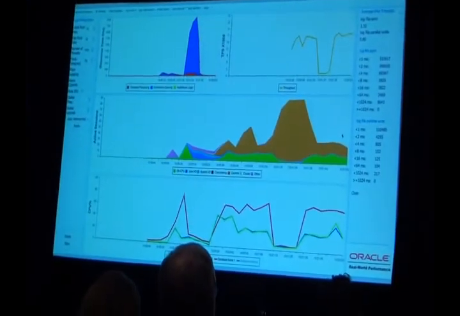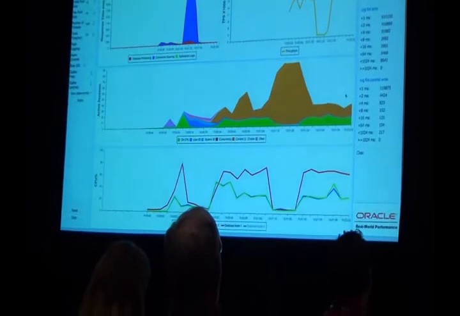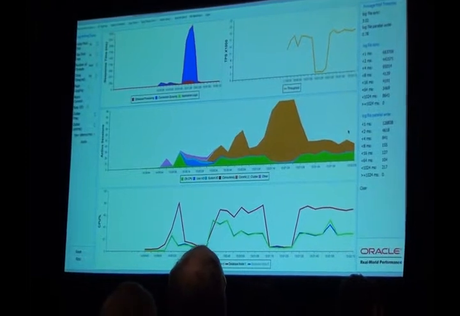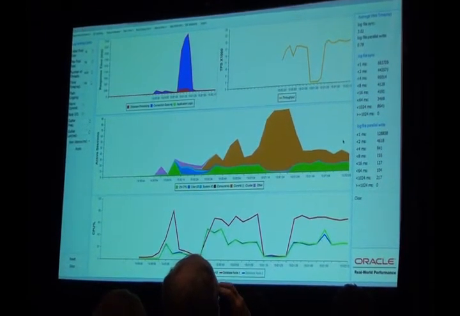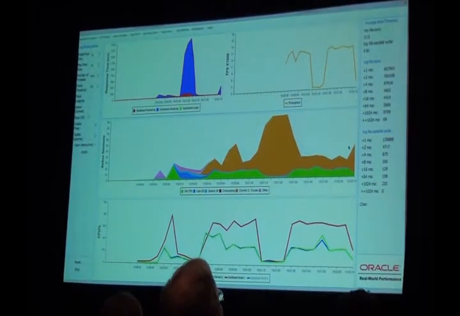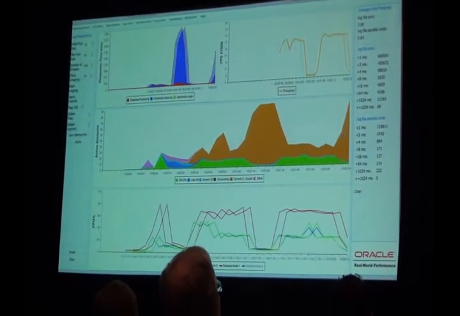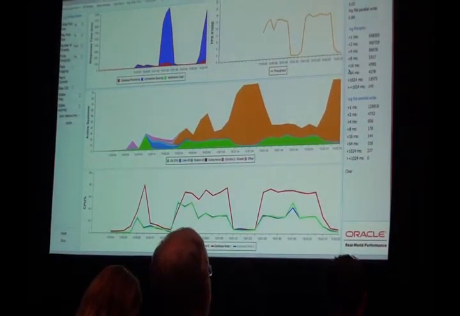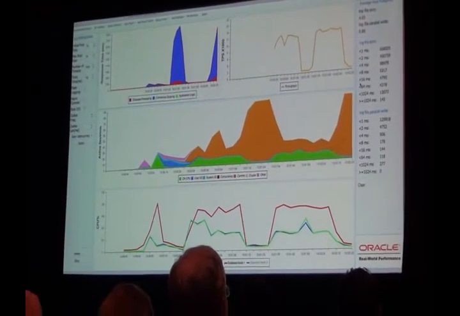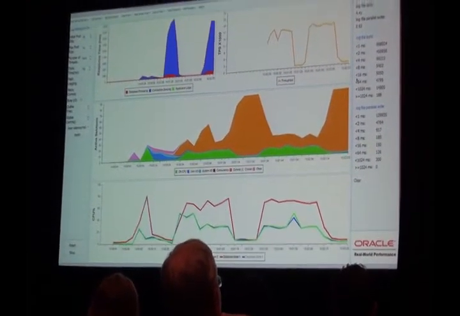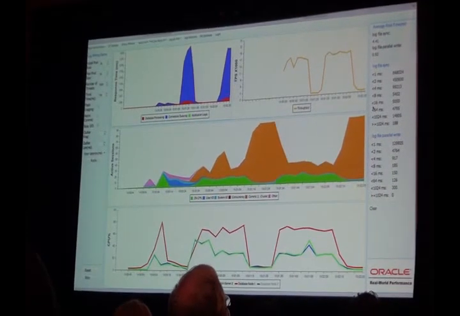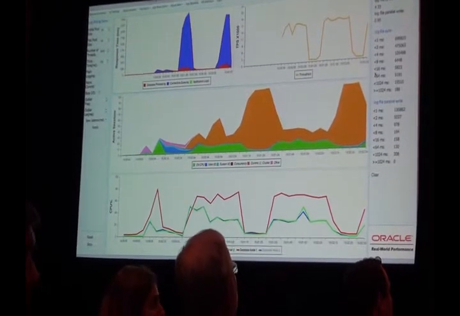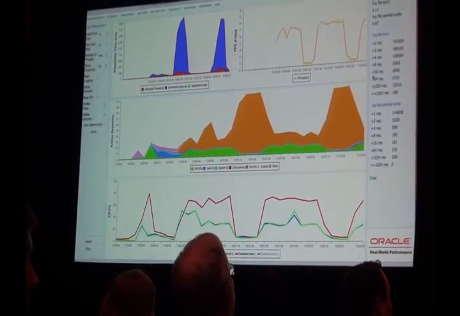Okay. Fortunately, we have help. We have the real world team. Now, you guys are brand new to my system. You've not seen this before. You're fresh to the system. As you can see, we've got these peaks and valleys in terms of performance and response time. And what we do see is when the red stuff goes up, we get this magnification effect. When the response time from the database is really poor, you can see why our app servers time out, because it magnifies the response time as we go up the stack. So a small response time problem at the database magnifies itself at the app server, and eventually the people on the other end of this wire get into trouble.